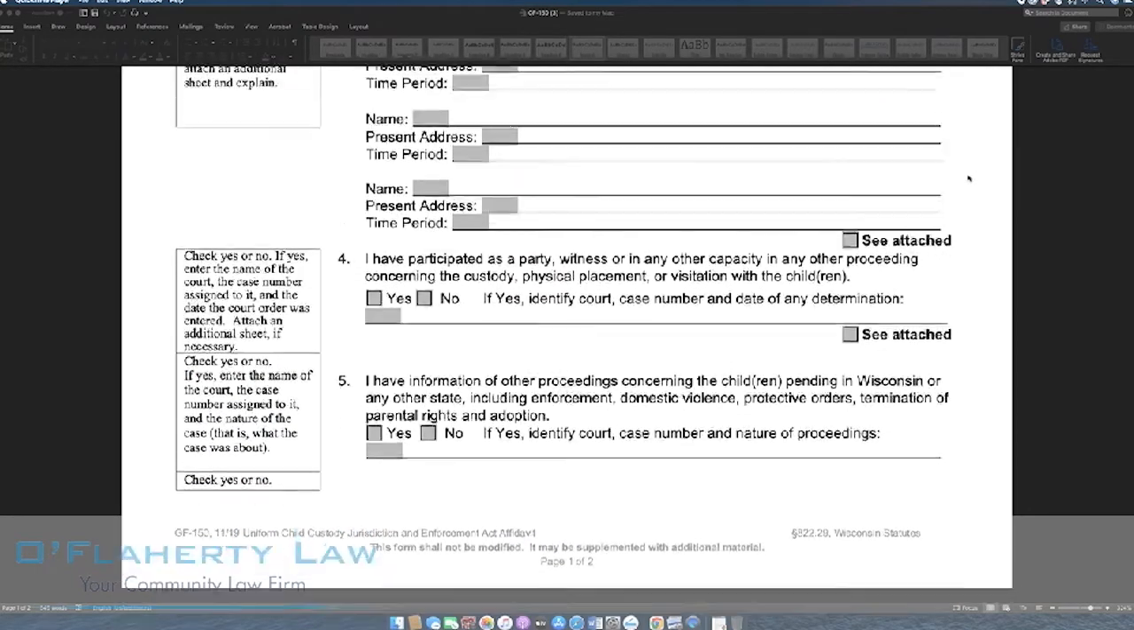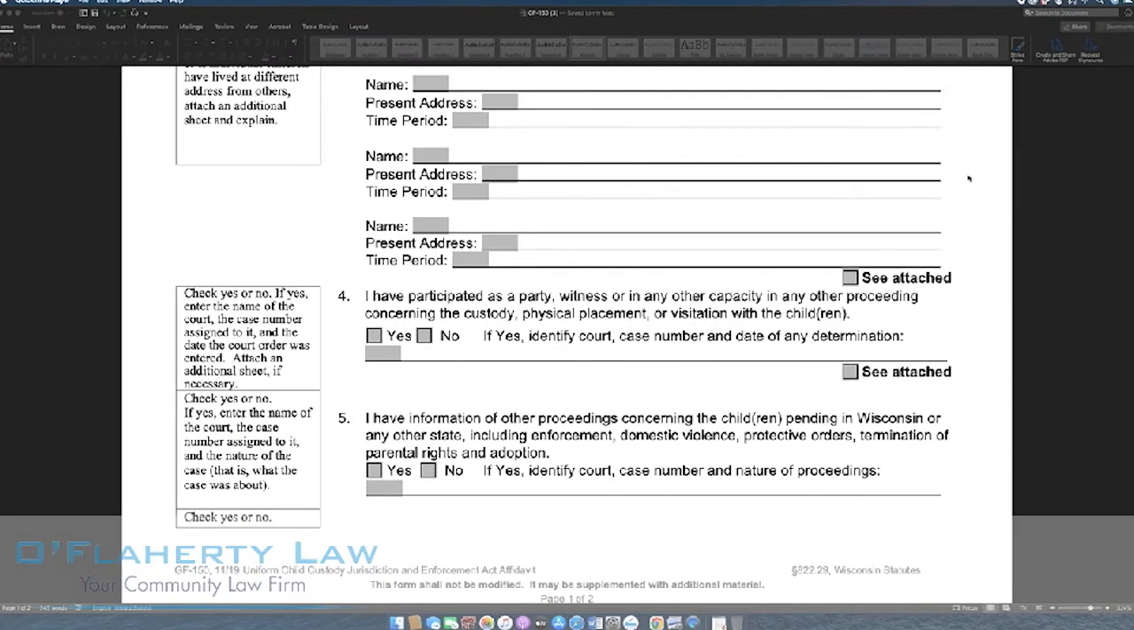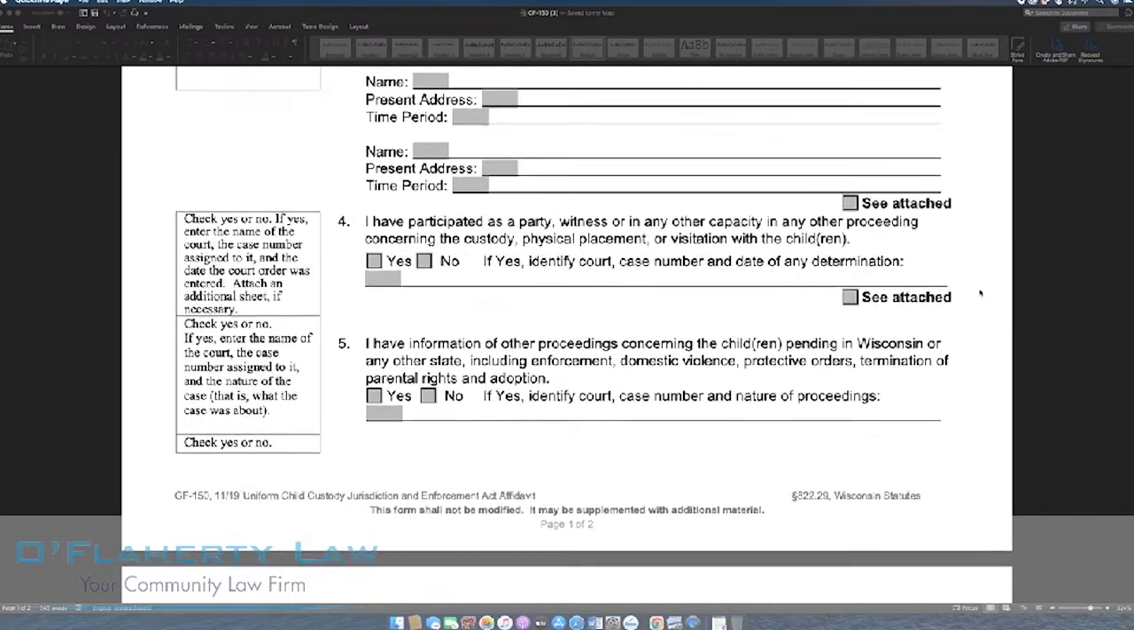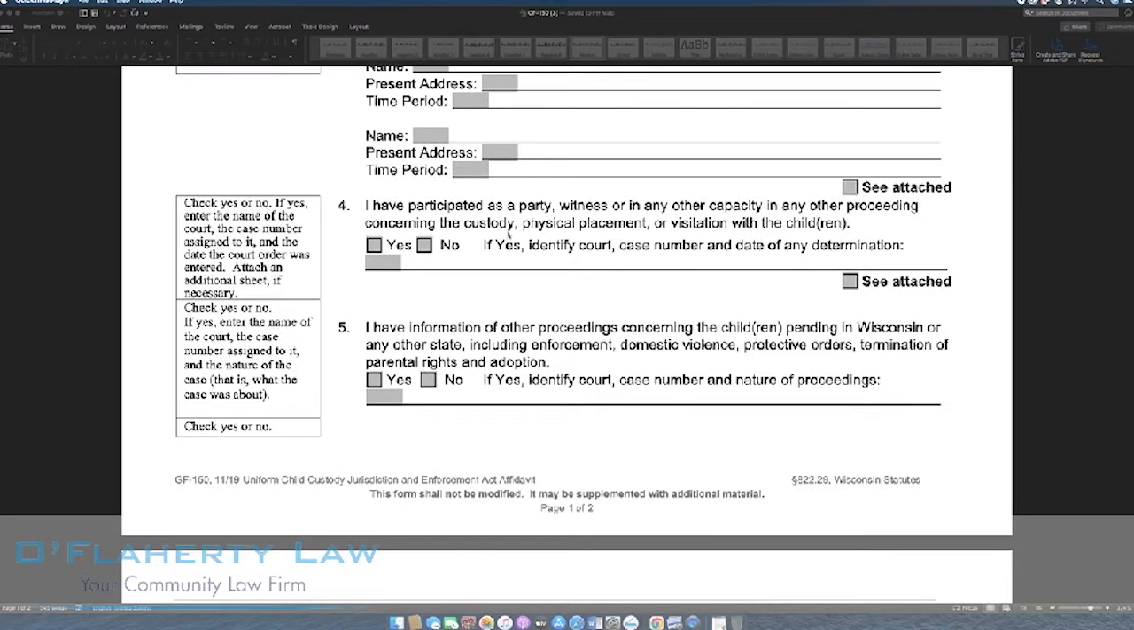So once you've given the last 5 years of residency information for the child or children, they want to know if there's been any other court cases involving the children. So paragraph number 4 says, I have participated as a party, witness, or in any other capacity in any other proceeding concerning the custody, physical placement, or visitation with the child or children. And if there's nothing, that's fine. But if there is,